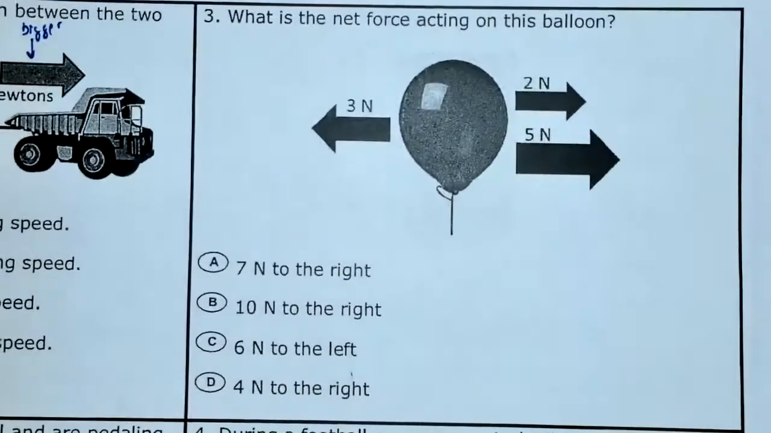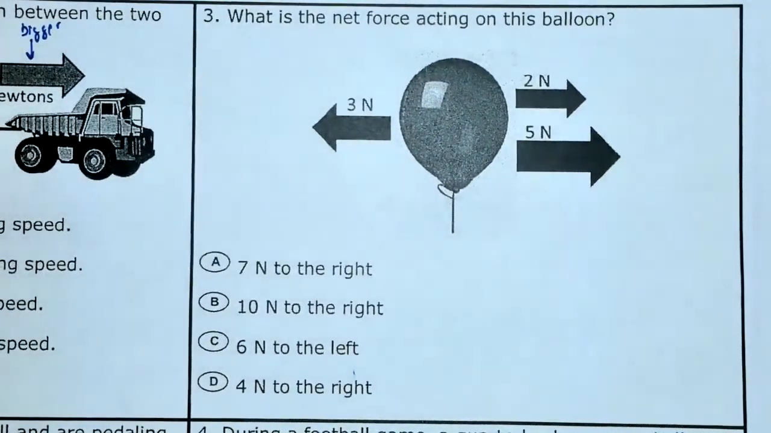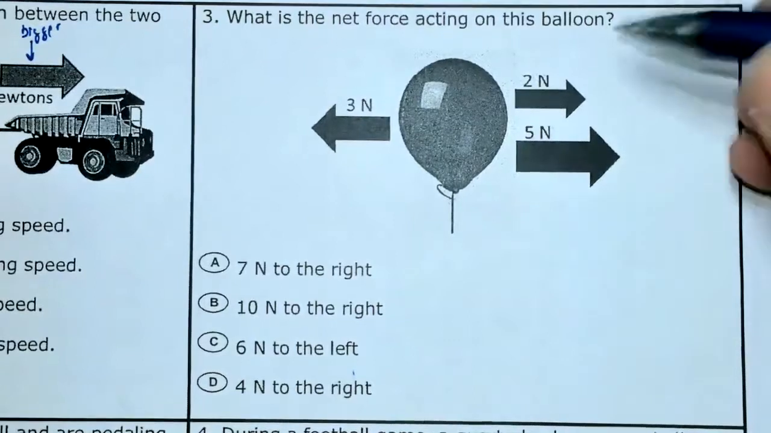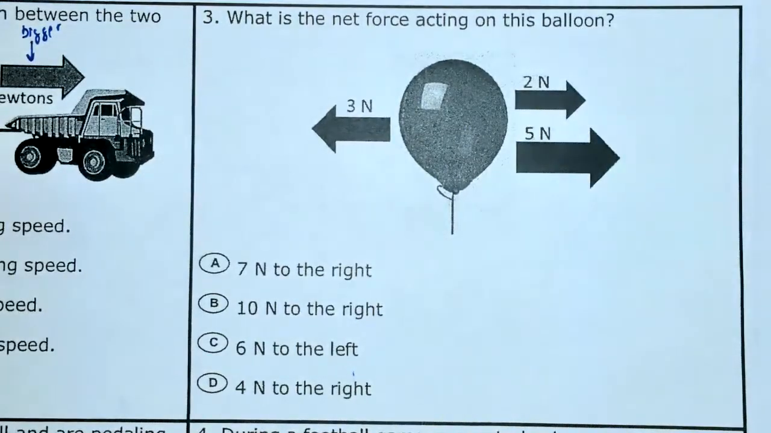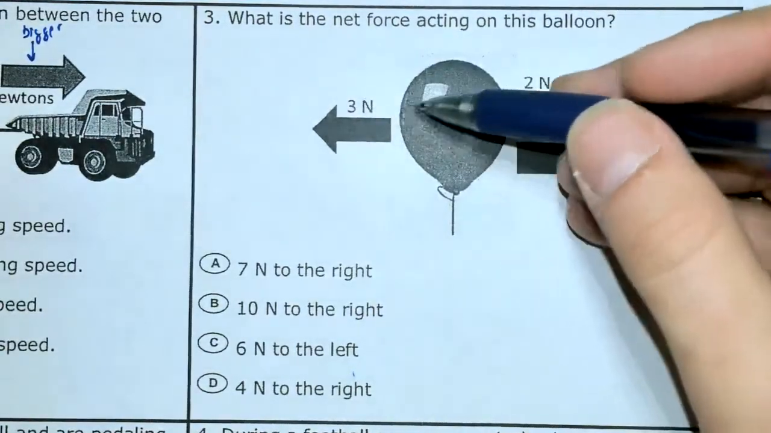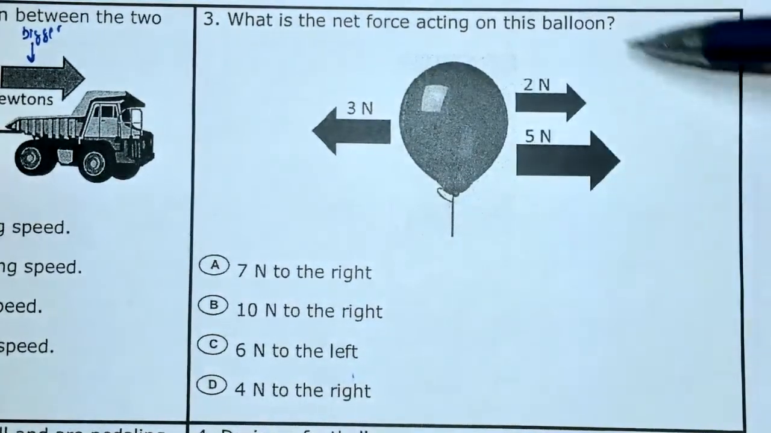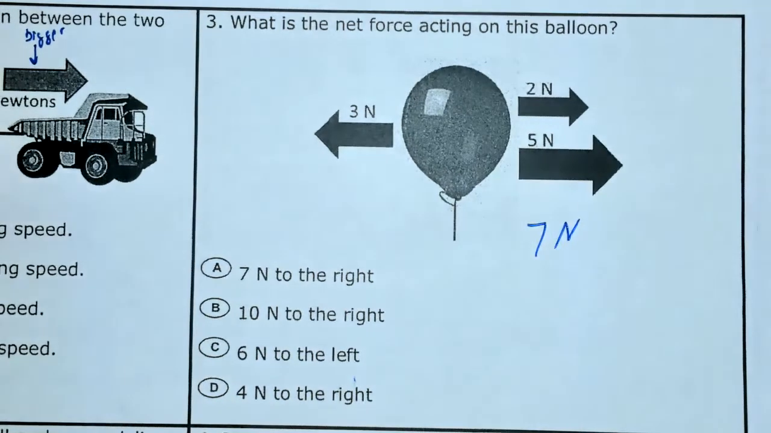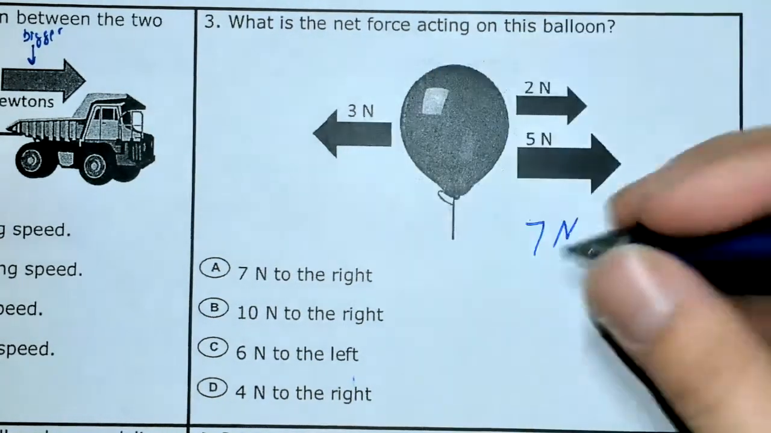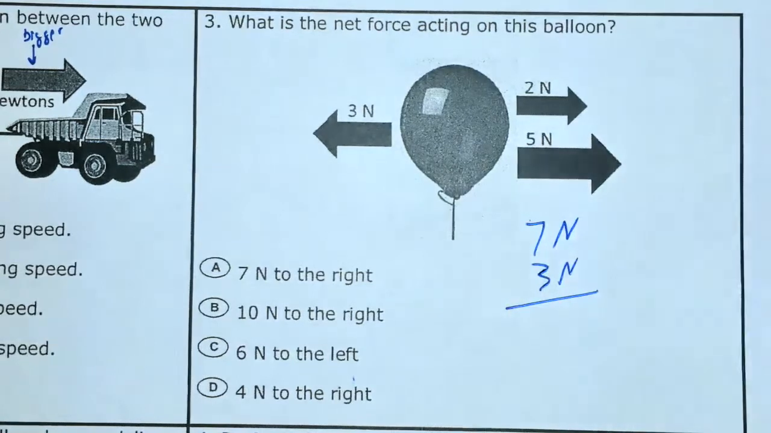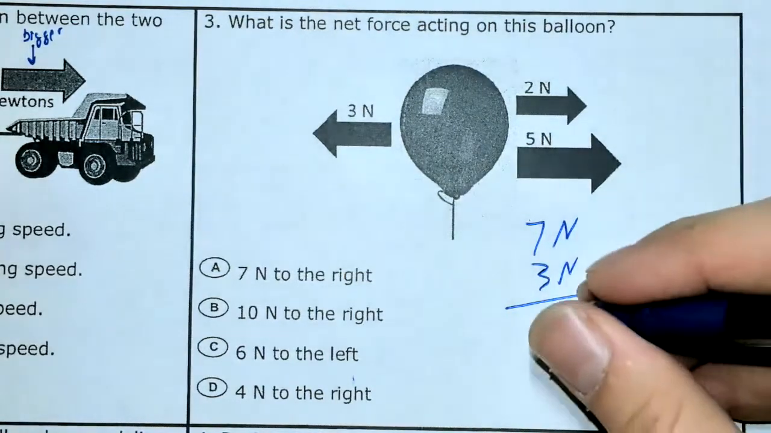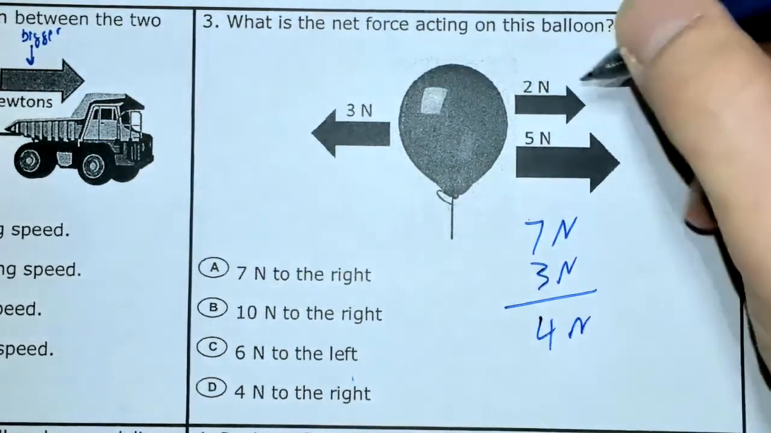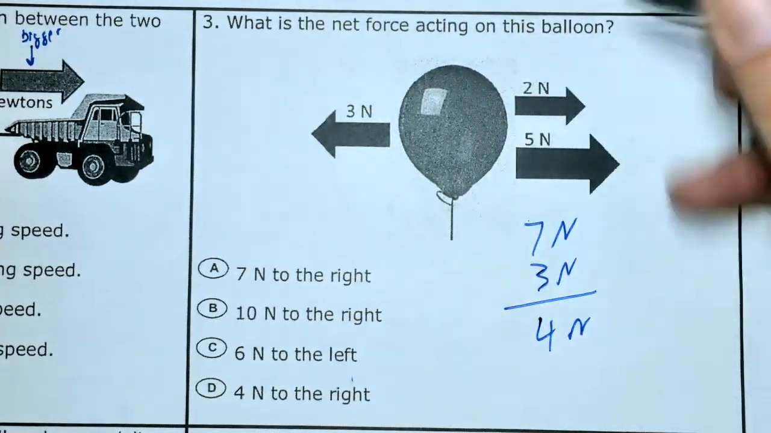Number 3. What is the net force acting on this balloon? Remember, net force is just the sum and direction. So these 3 newtons to the left are going to cancel out some of these newtons to the right. Over here we have 7 newtons going to the right, and over here we have 3 newtons. When you subtract the two, you're left with 4 newtons. And you see that the arrows going to the right are greater,